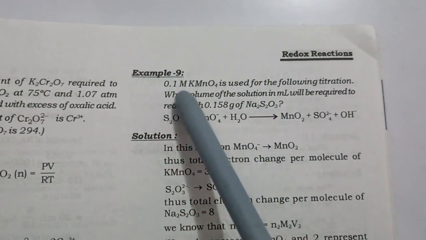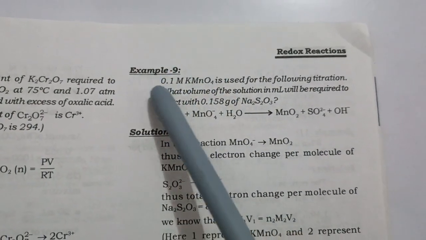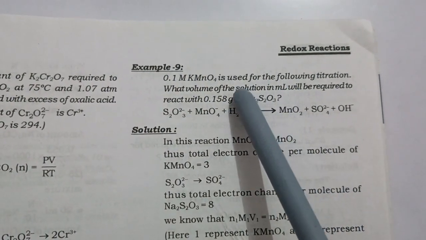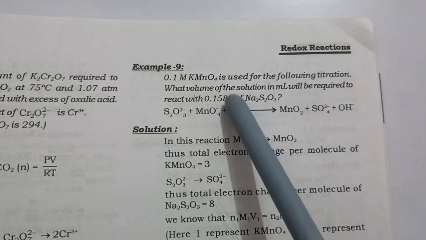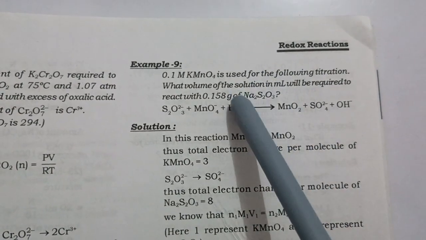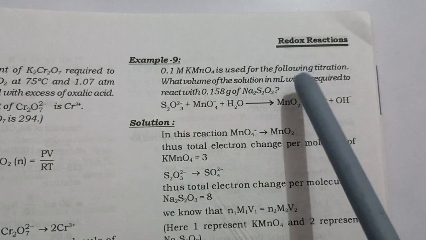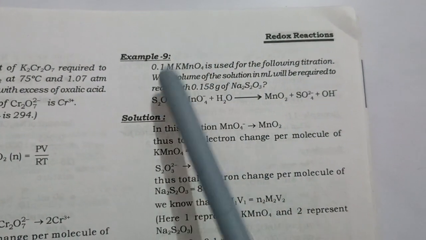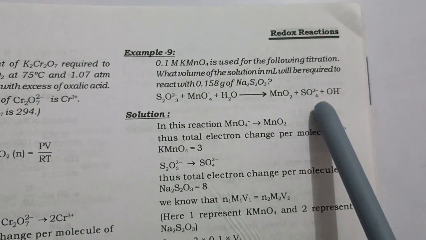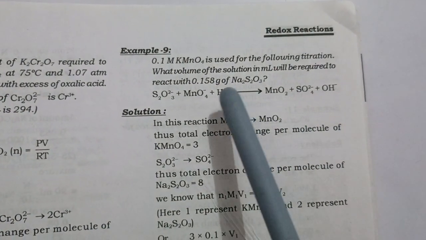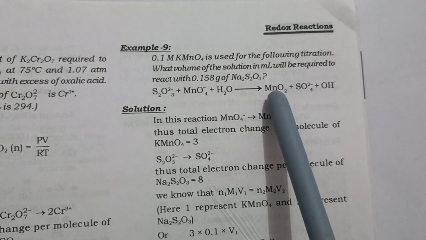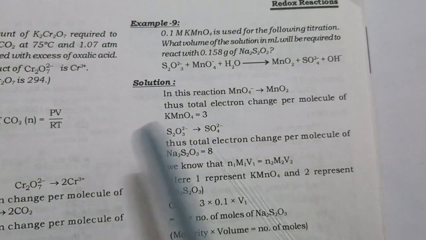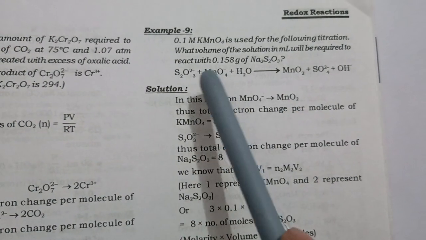We have to calculate the volume of permanganate solution for the titration with sodium thiosulfate, or hypo solution. This is the alternate name of sodium thiosulfate, hypo solution. So this is the reducing agent and this is the oxidizing agent, and this reaction is a redox reaction. So from this, first of all we have to find the n factor, because we know that